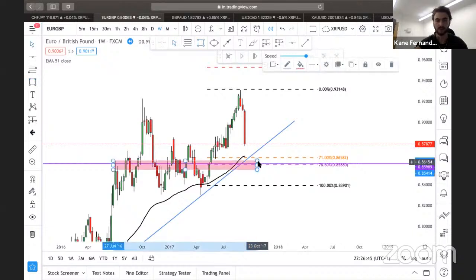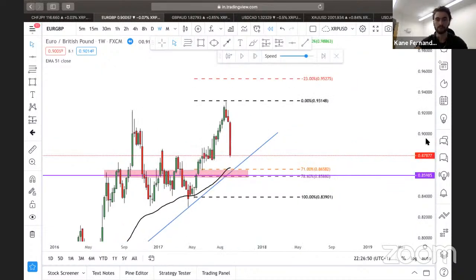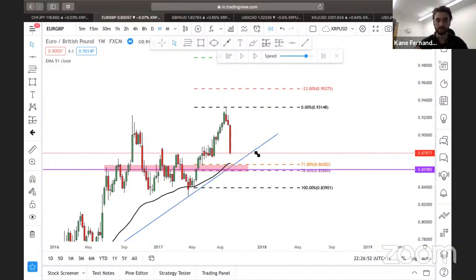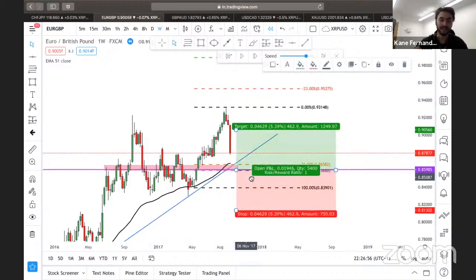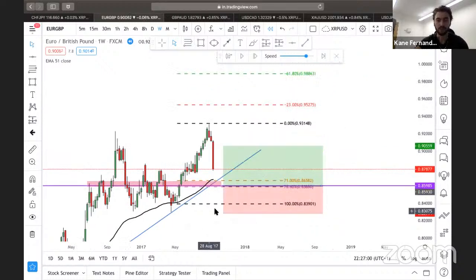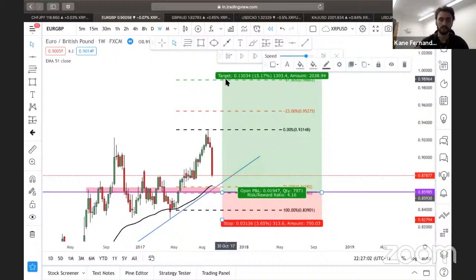So I'll be looking for that kind of impulse into our zone, and then we'll look for another long. So long positions there. Hopefully this time we can see the correct rejection, and then I'll look for a trade. I don't take trades which I'm double thinking myself, because that's not how I trade. It's quality over quantity.